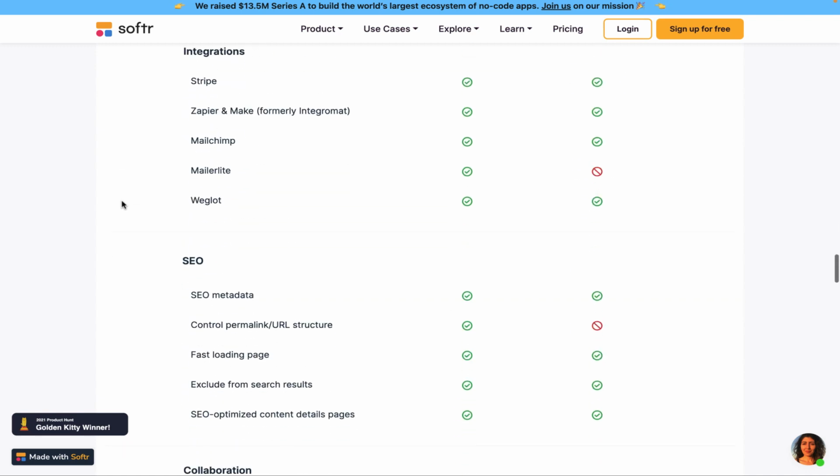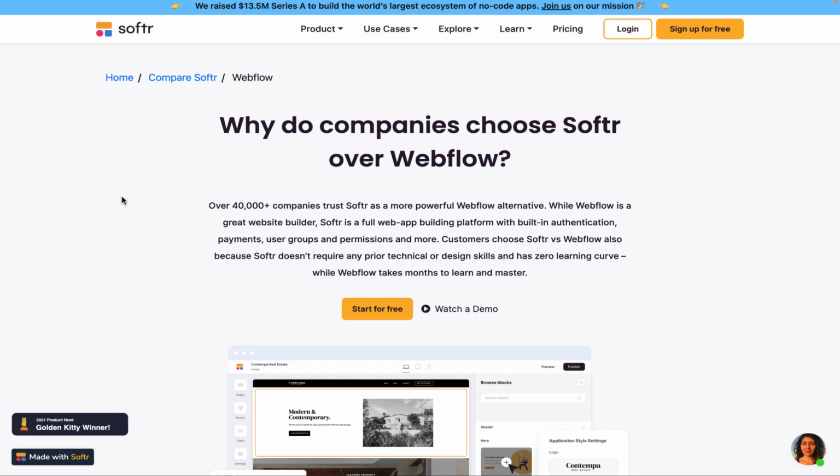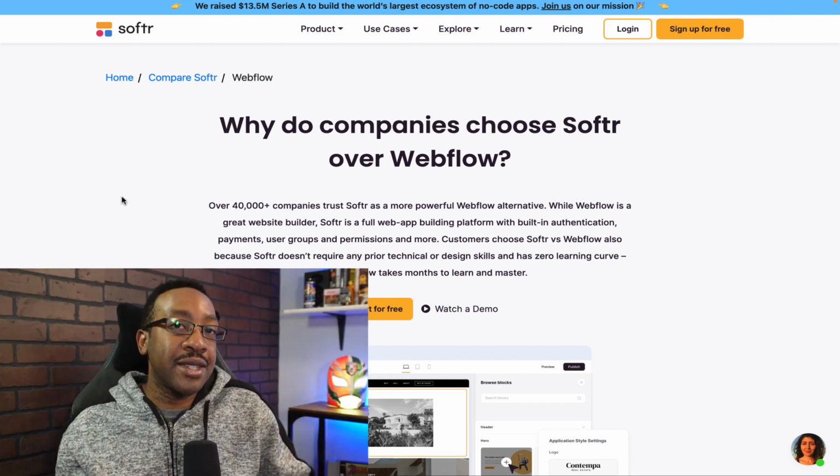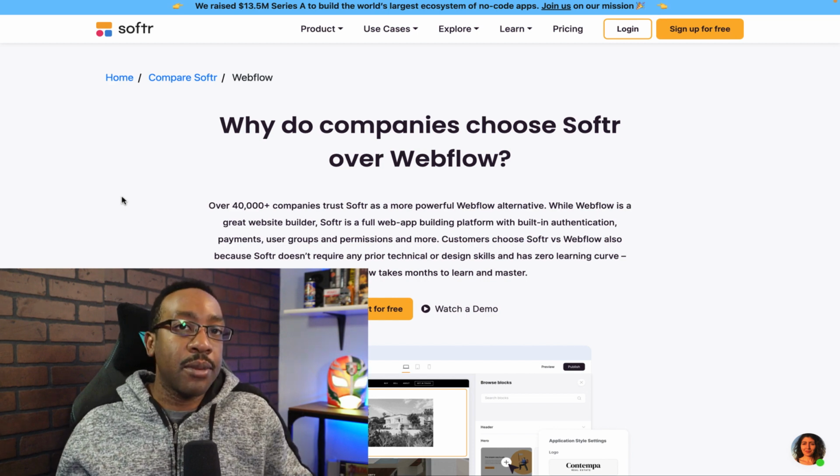Again, for more details, make sure you check out the article comparing Webflow to Softr that Softr put out. But remember, take a step back and don't just read one article that a company put out. This is really helpful, but think about first, what do you need? What are you trying to create? And also, what is your expertise? What are you looking for? How fast do you want to move? All of those things should be considered, and then look at your options from there.